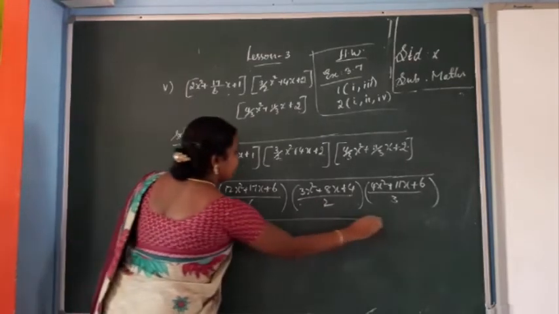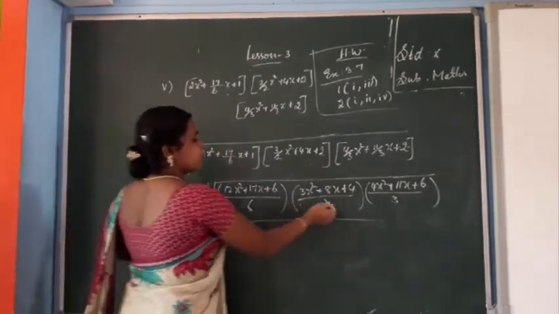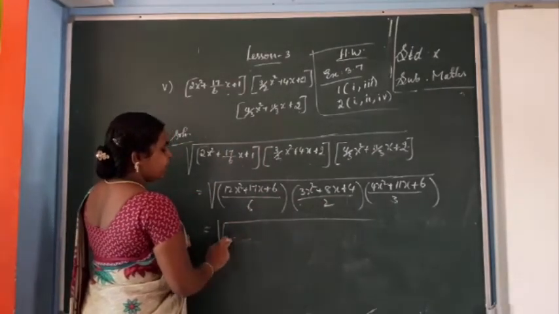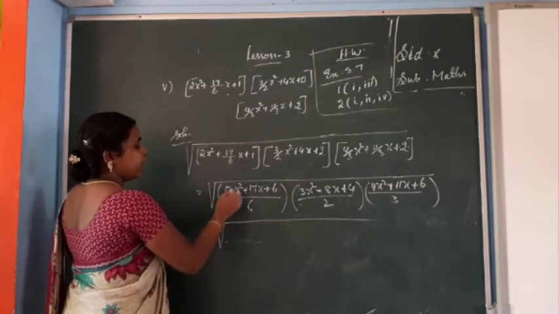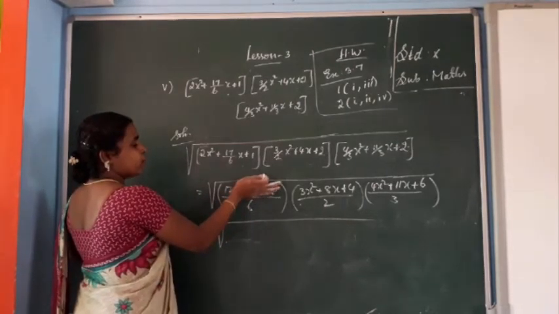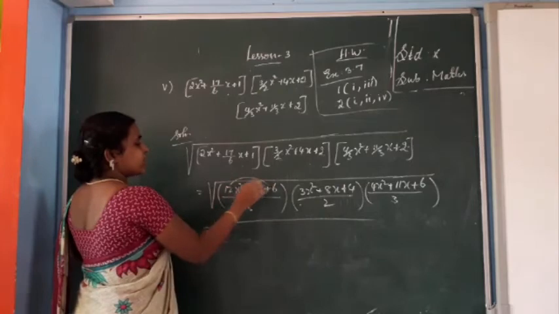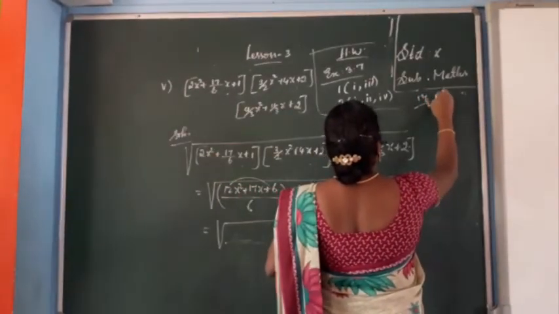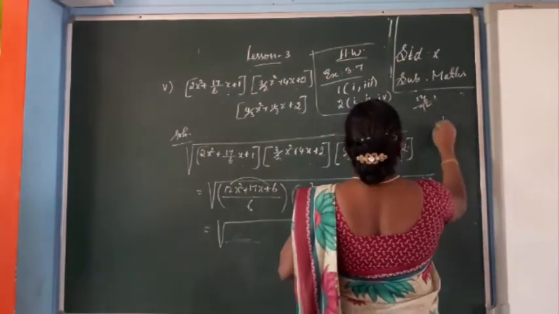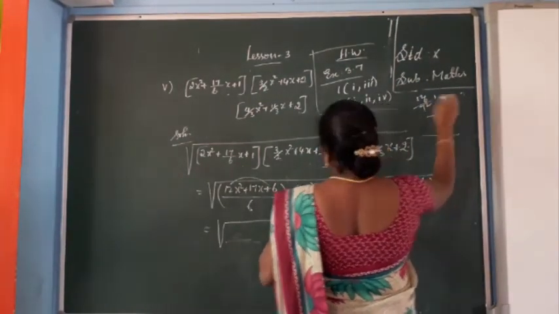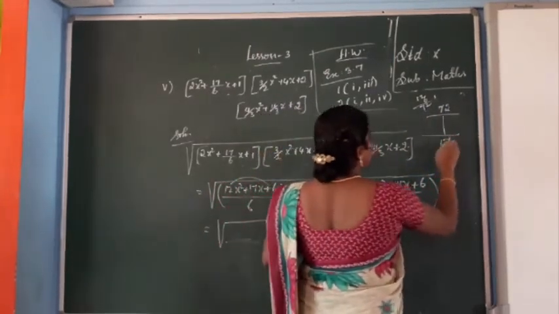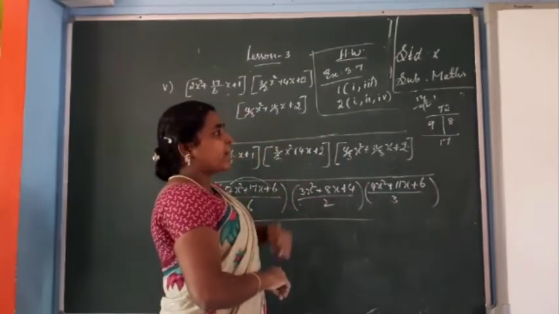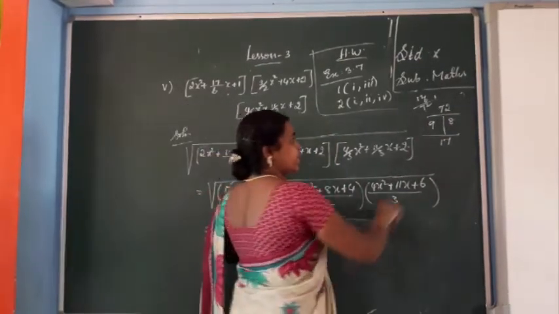Square root of. Okay, now you see the terms. So 6 into 2 into 3. What do you get? So 6 into 6 you write, otherwise 6 square or 36. Then this is a quadratic form, so you want to factorize. So multiplication is 12 into 6, which is 72. So product is 72, sum is 17. Both are positive, very easy. 9 8s are 72. Add the values 9 plus 8, so we are getting 17, isn't it?